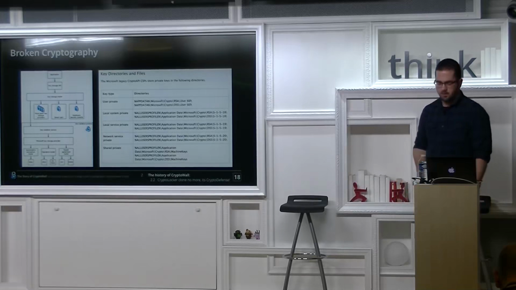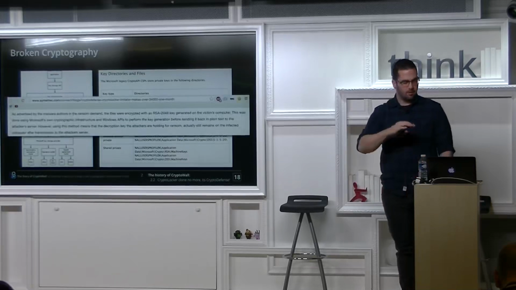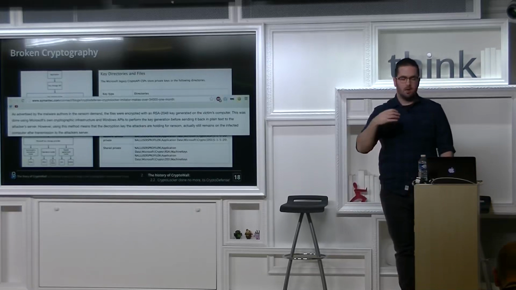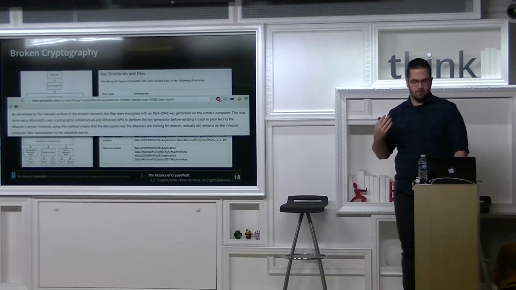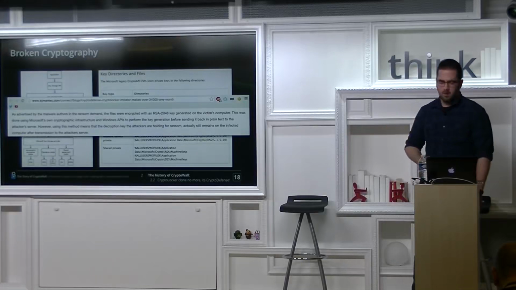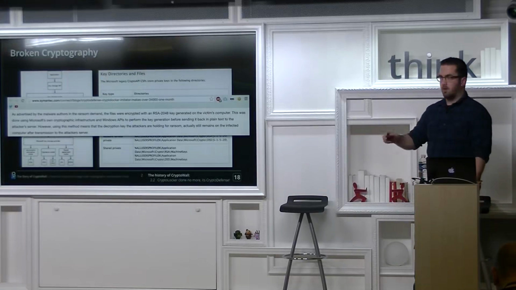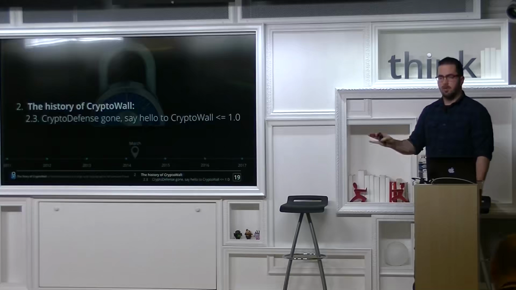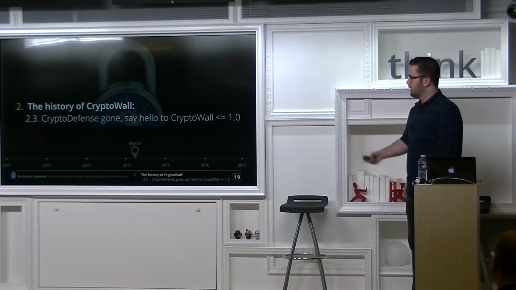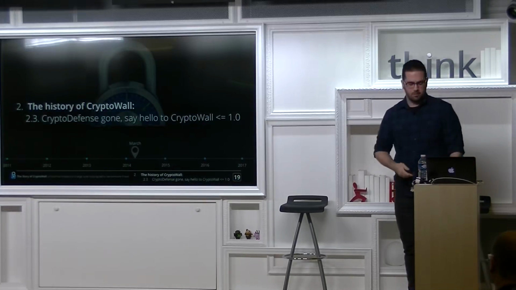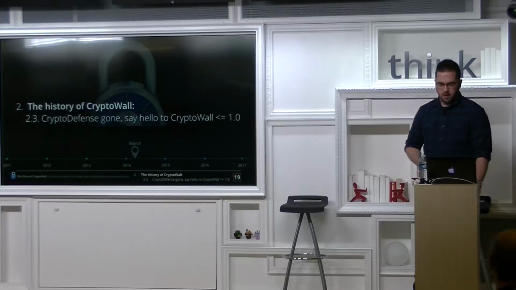You could help victims. And at some point, Symantec published about this, and in less than 24 hours they had it fixed. So they pay attention to what's being published about them. With this flaw, basically, they fixed it. They trashed the name because it was bad. People knew you could decrypt it. So they went on. They called themselves Cryptowall 1.0. And it was in March 2014, so pretty quickly.